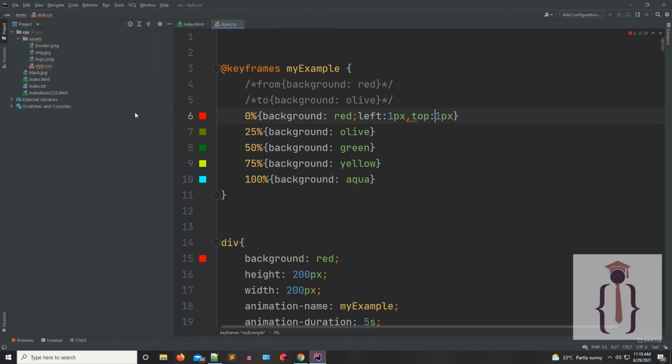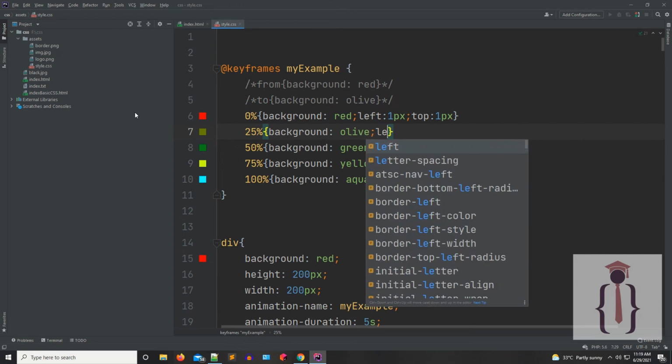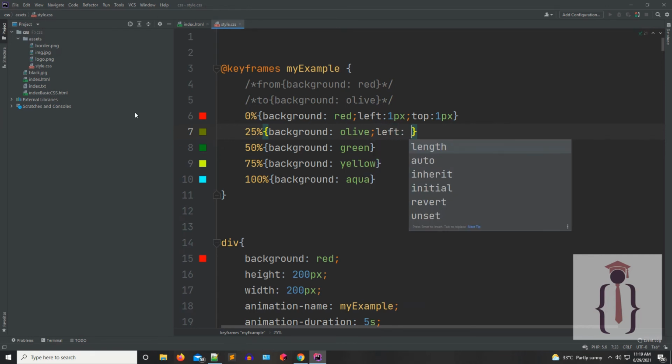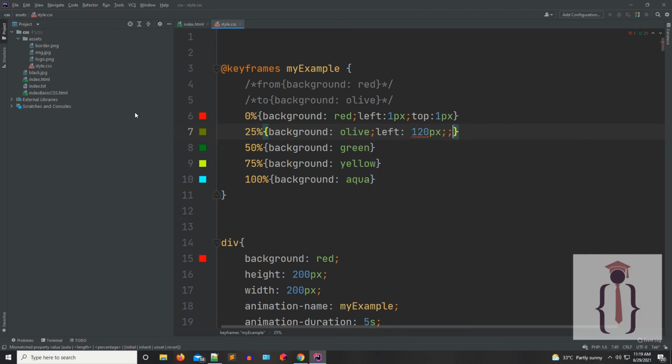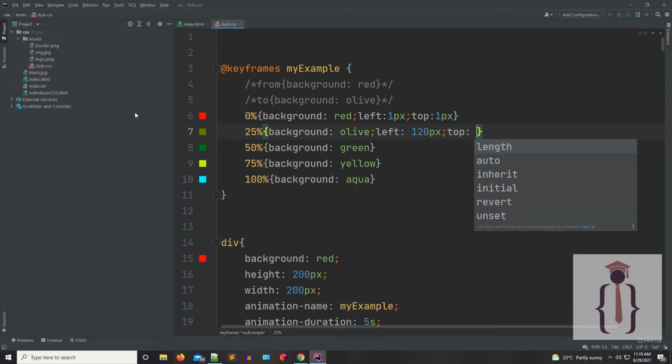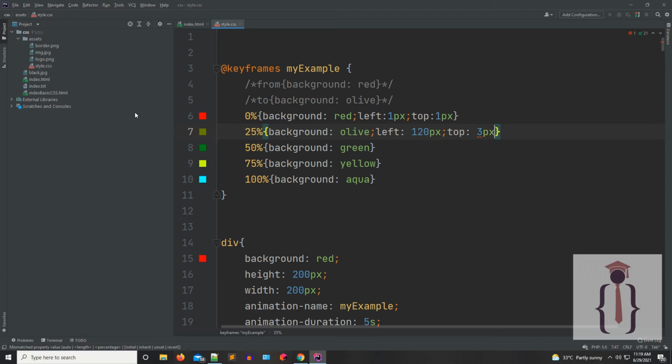Fine. Now I'm saying that left, let's suppose 120 pixel, and now I'm saying top, let's suppose 3 pixel,